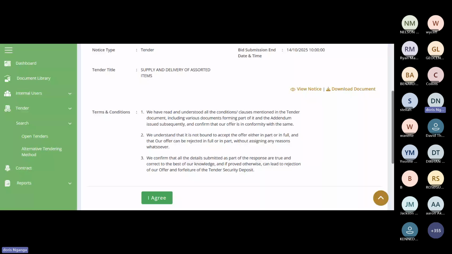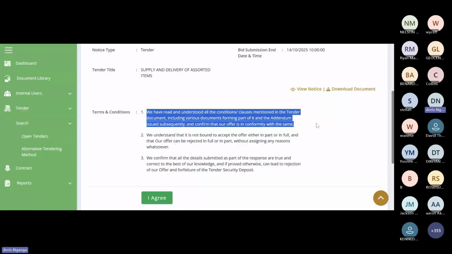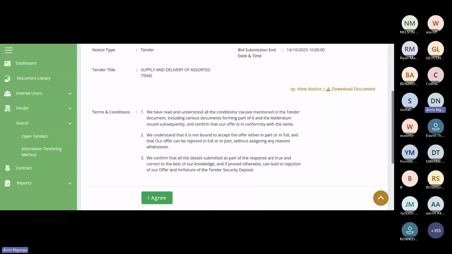You will read through terms and condition number 1. We have read and understood all the conditions and clauses mentioned in the tender document, including various documents forming part of the addendum issued subsequently, and confirm that our offer is in conformity with the same.